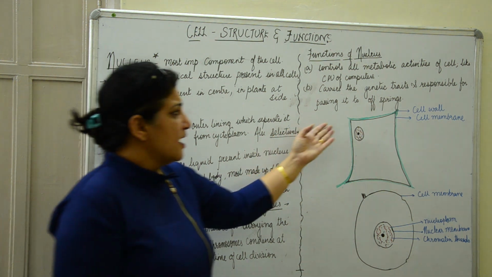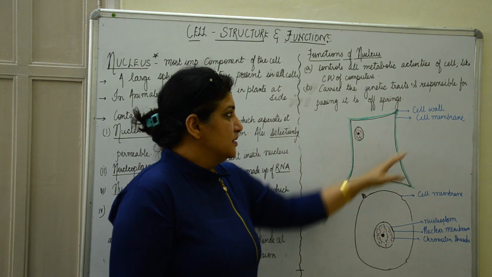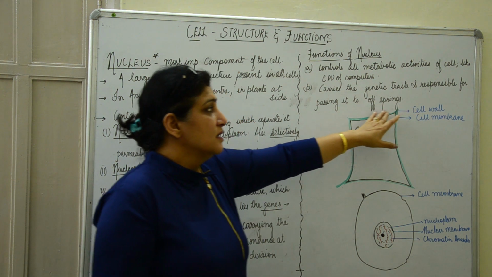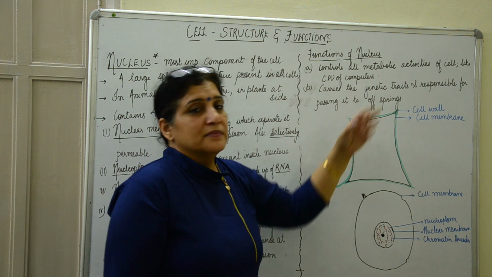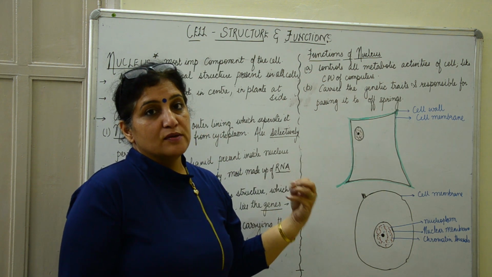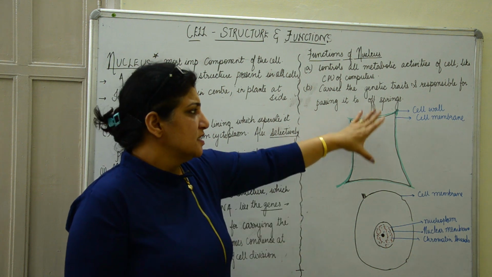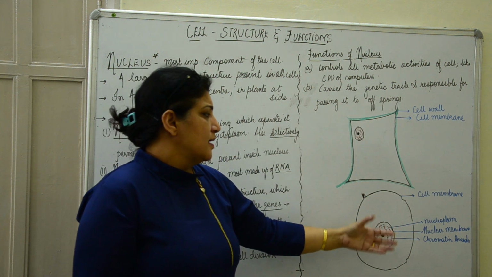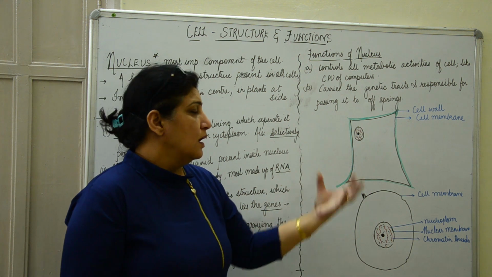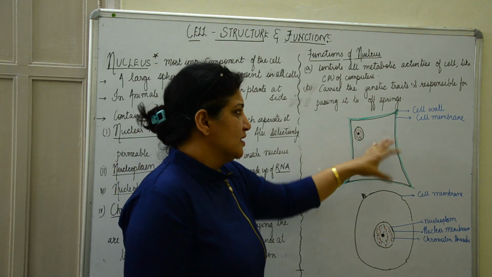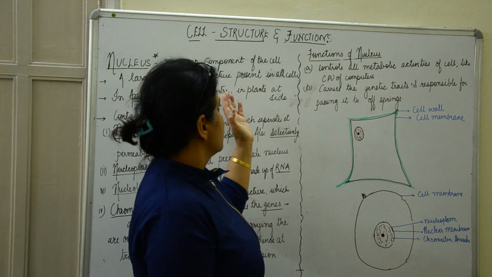Here I have drawn the comparison between a plant cell and an animal cell. A plant cell will have a thicker outside wall which is called the cell wall. The cell wall is basically made of cellulose. It gives strength to the plant cell. Plant cells are generally elongated, whereas animal cells can of course vary in size and in shape, but we will draw this common shape only. And in the plant cell, so far we have studied about the nucleus.